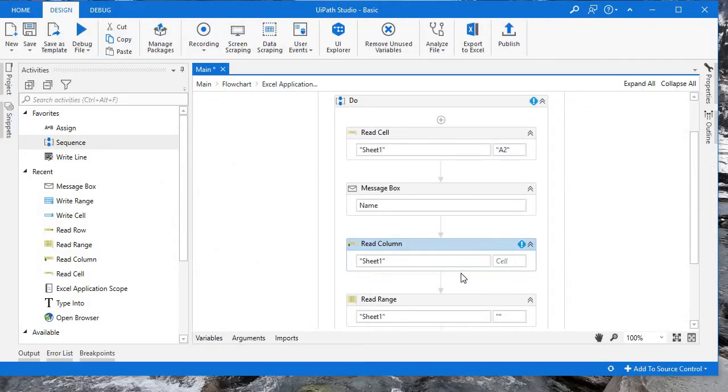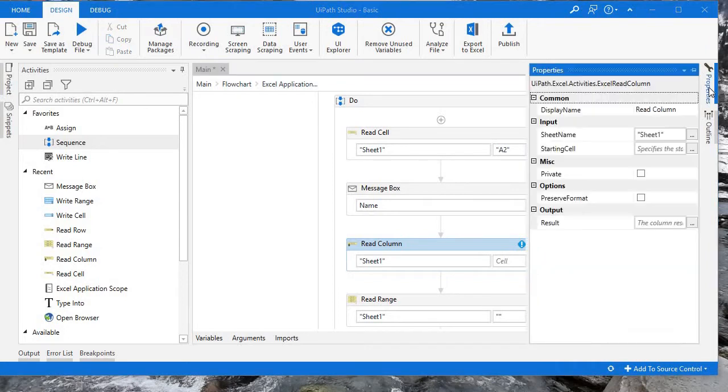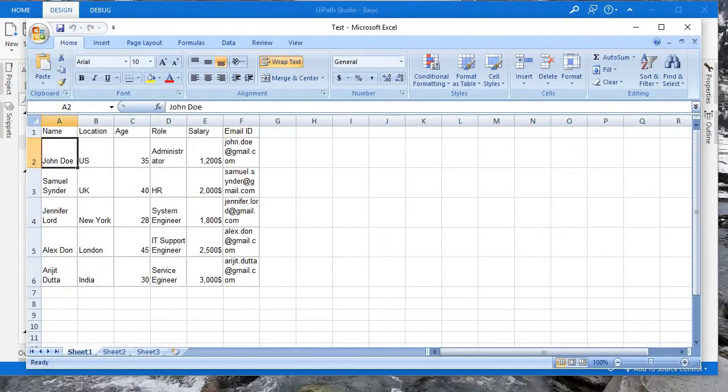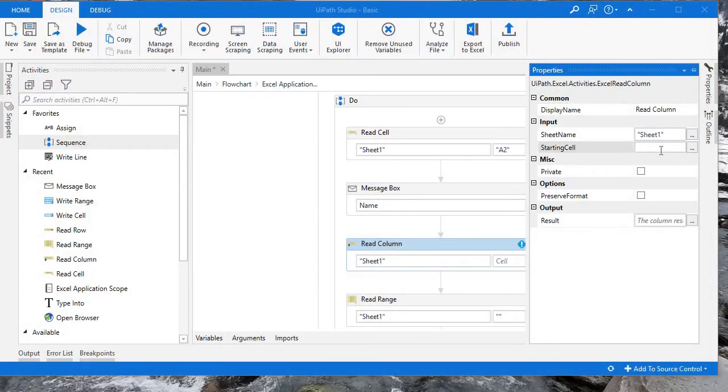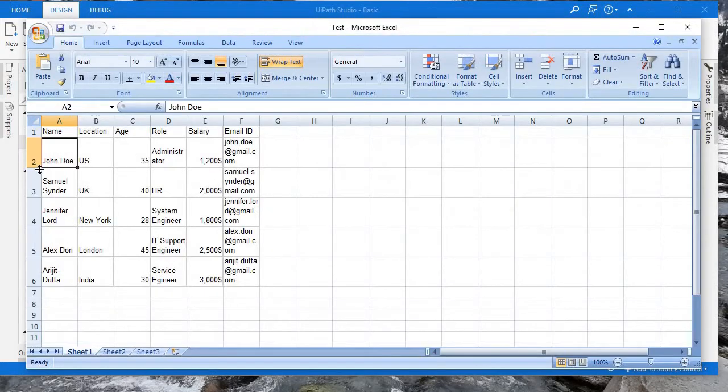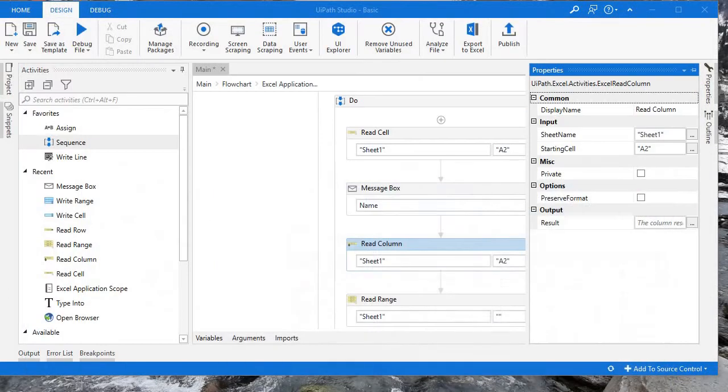Read column will read the entire column. If you go to the properties panel, first you need to give the sheet name. After that, the starting cell. Suppose my starting cell is A2, so I am giving A2 here. And you need to save the result. As the result is not a single value, it will be an array of values. You need to use,